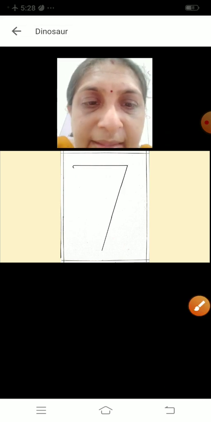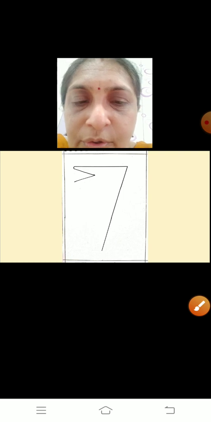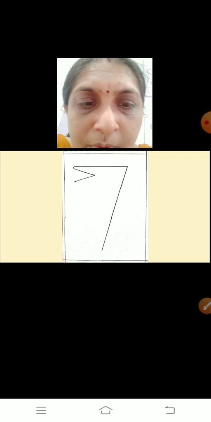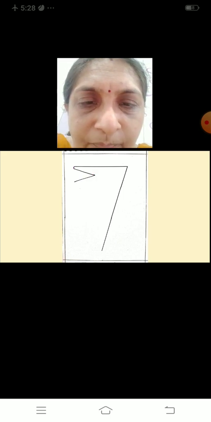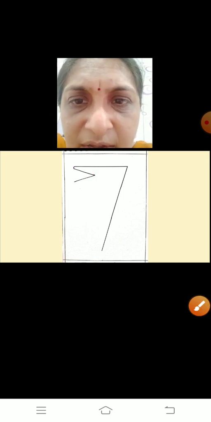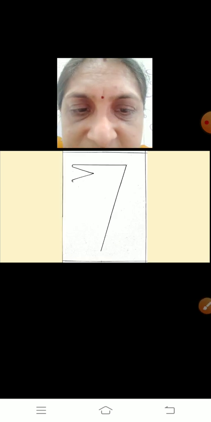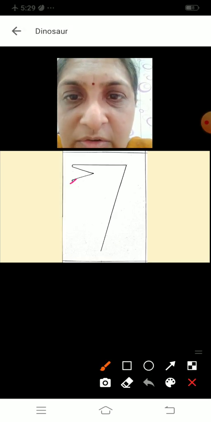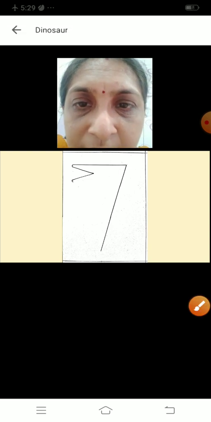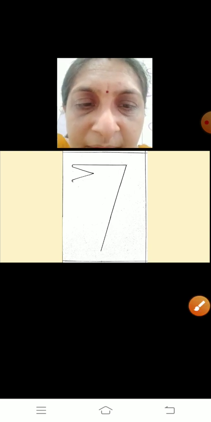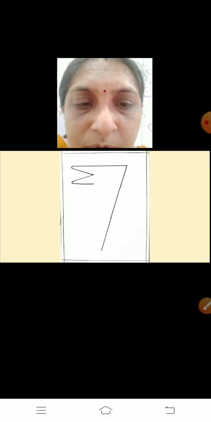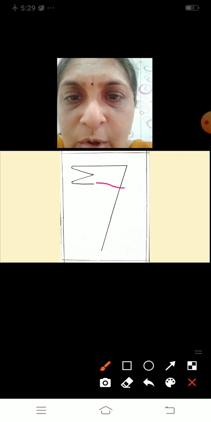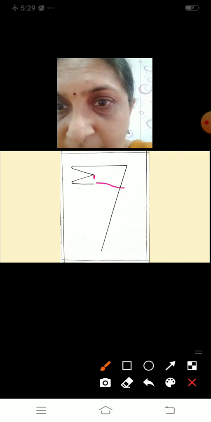Okay, then after that you will make a V shape. Can you see this V shape? Okay, after that again you will make a small curve. Can you see here? I made a small curve here again. Okay, a very small curve, and then one sleeping line. But you will not draw all the way here. You'll stop where this V point is. Then there only you will stop that line.